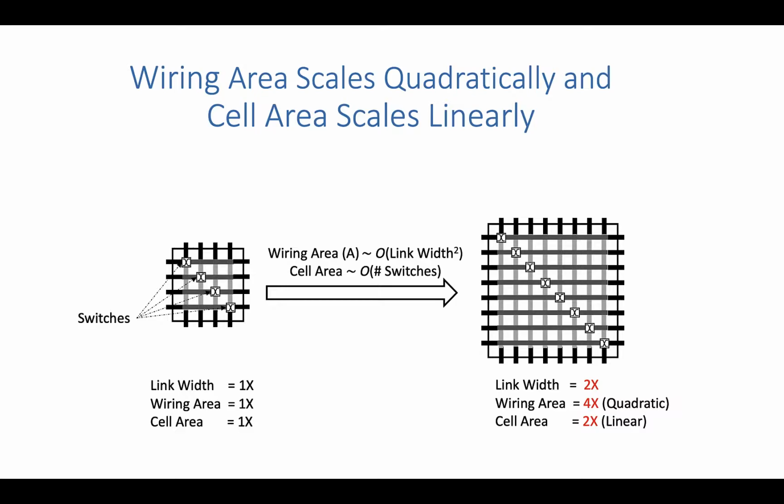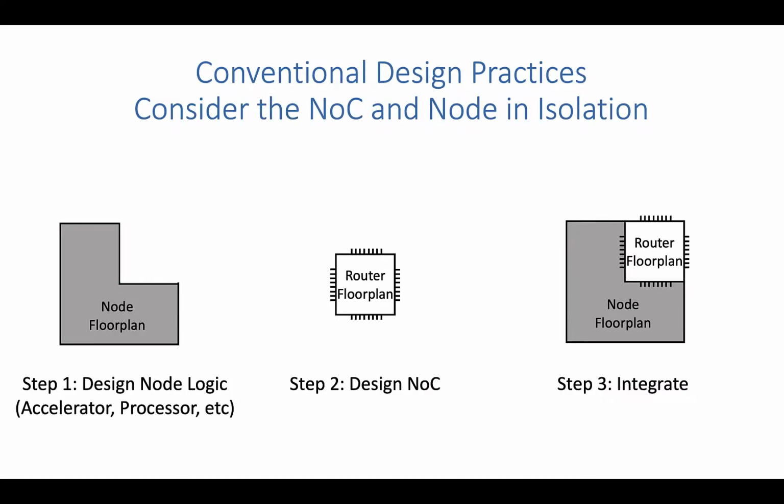This divergence of wiring and cell area is detrimental for conventional design practices, where the design logic and NoC logic are considered independently. A conventional design flow is typically a 3-step process, as shown. First, the design node is placed within a bounding box. This could be an accelerator or processor or other application logic. Second, the router is designed separately to meet bandwidth, latency, and independent area constraints. Finally, the 2 parts are integrated into a single tile floor plan, which is then replicated across a chip to